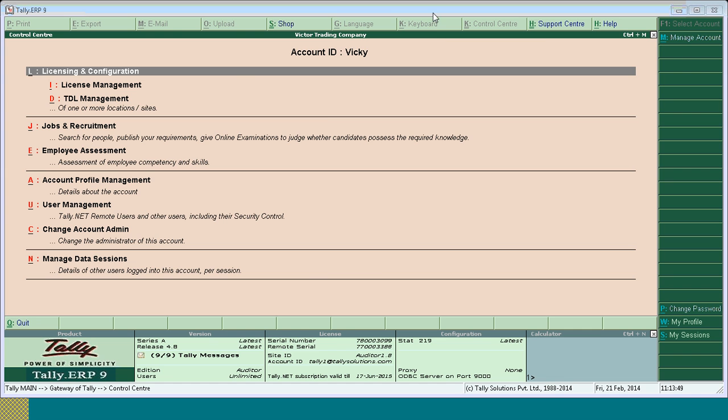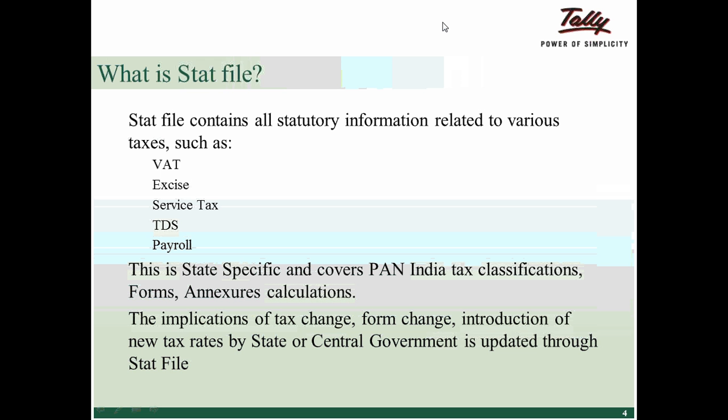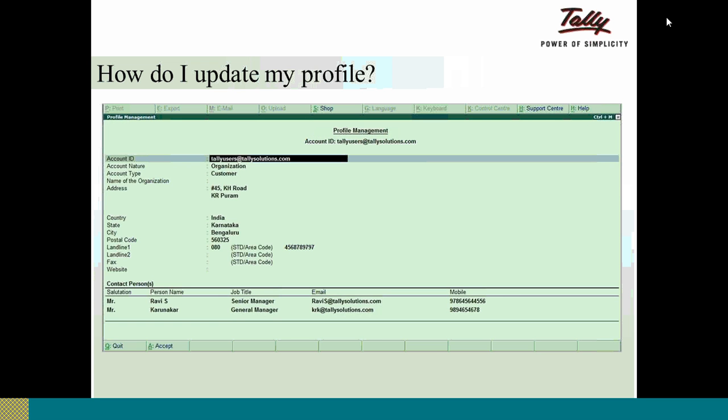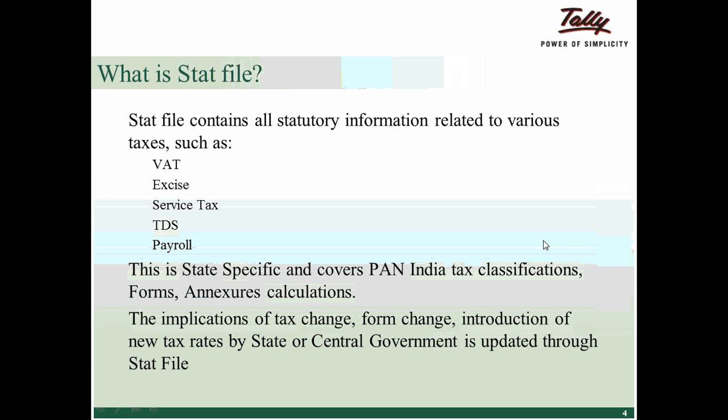Any doubts with regard to updating the profile? If you have any doubts, kindly reply in chat. We will continue. Okay, we'll continue. Next is